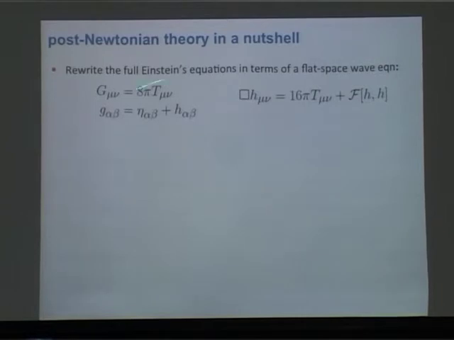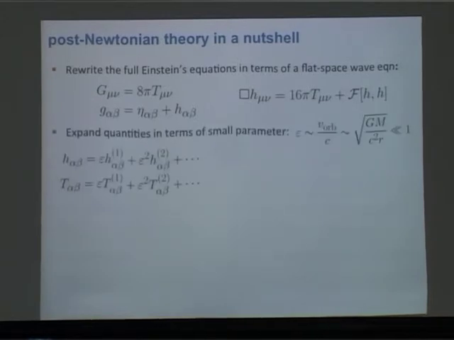You're basically making some perturbation about the flat space-time metric. And you start out by recasting Einstein's equations in a form which is just the regular flat space wave operator acting on this perturbed metric. On the right-hand side, you have your stress energy tensor, and all your nonlinear terms you're essentially grouping onto this other piece. So this equation here is essentially exact. It's equivalent to Einstein's equations. I haven't done any approximation yet.